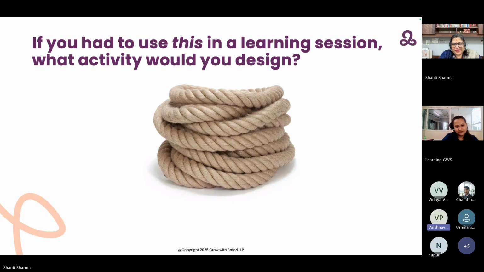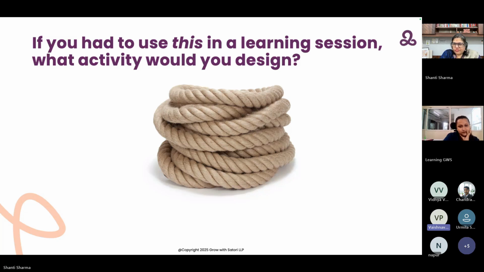I would consider this prop for a workshop on team building, where you could put them in different teams and ask them to come up with several things. Probably one of them would be to come up with different shapes. Can you build something out of this? I'm not able to get that exact prompt, which would again be dependent on the organization and the exact outcome that we desire. But I would prefer using this for a team building exercise where they use this together, probably in their respective teams, and build something.